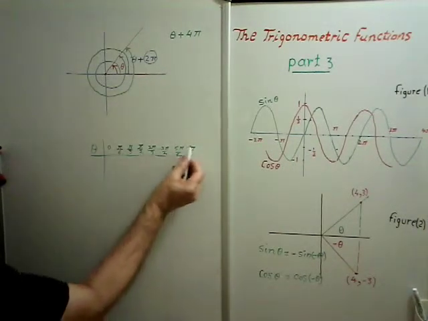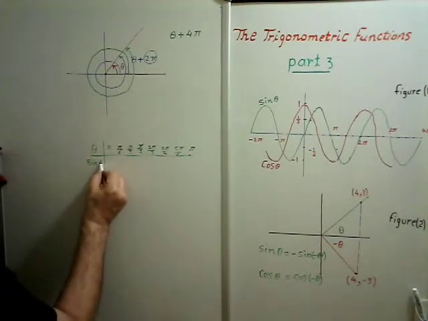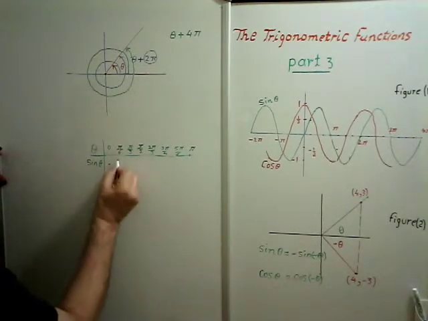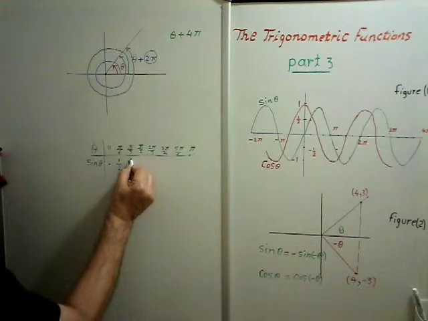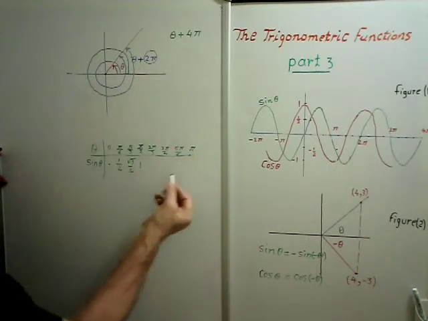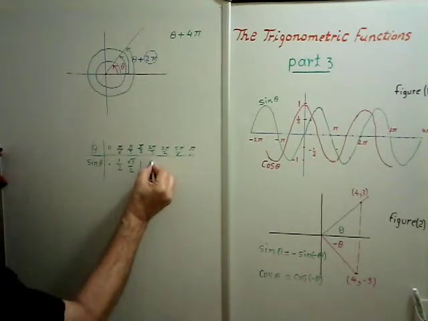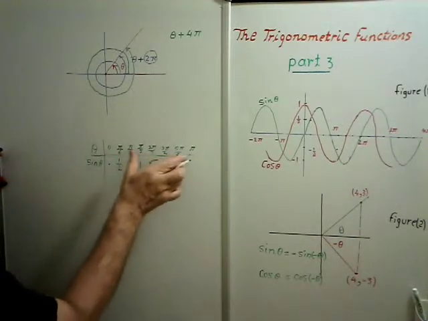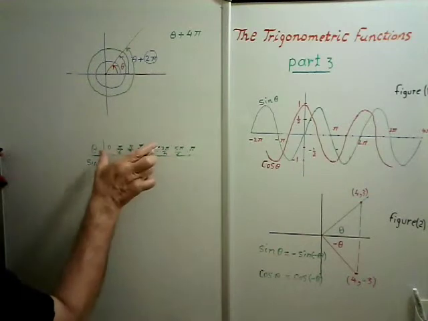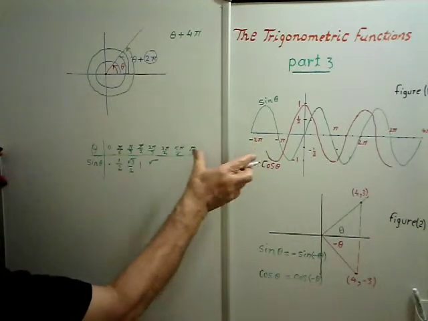So the ratio values for these angles for sine theta will be 0 here, 1/2, here square root of 3 divided by 2, here is 1, and repeated again. Here it will be negative. And the first pi is still positive, because this is the first pi here from 0 to pi. But after the first pi, from pi to 2 pi, it changes into negative,